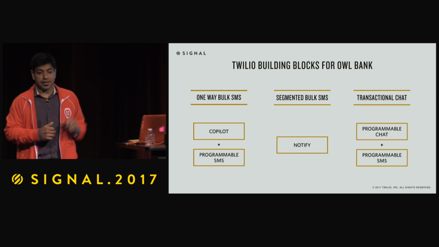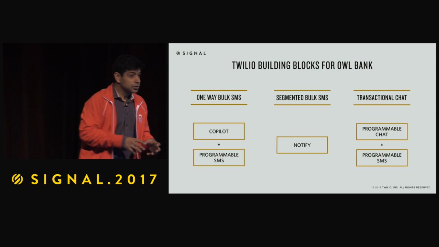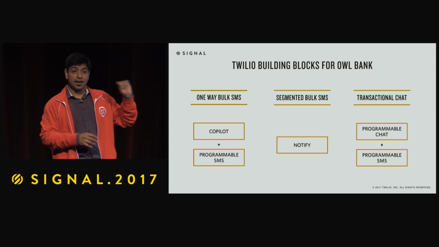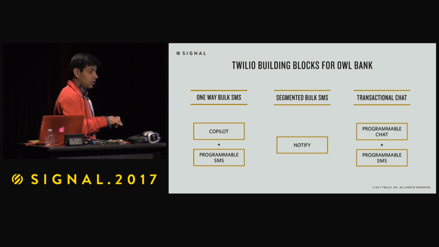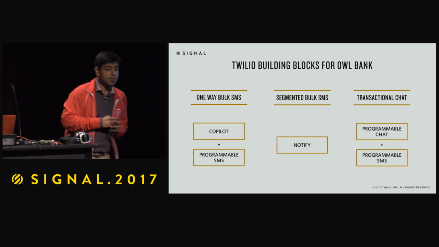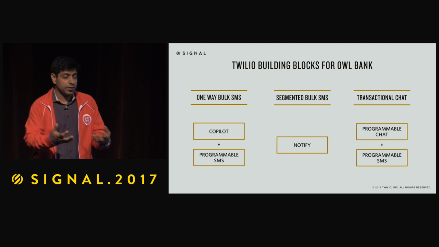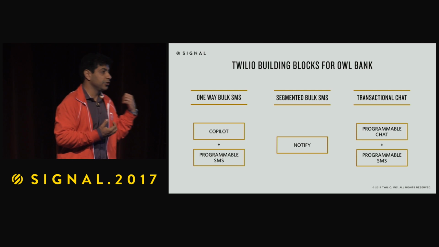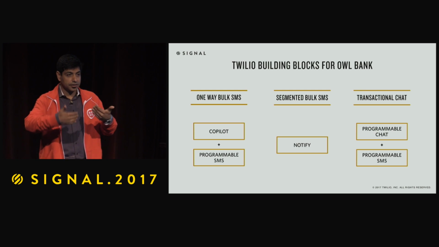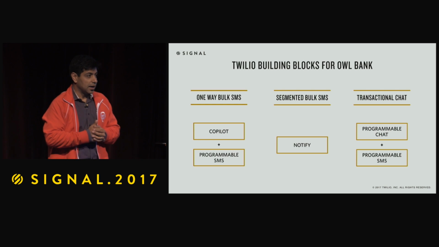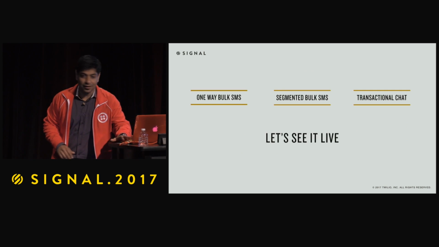Then to segment those messages and send them to 2 different audiences, we're going to use Twilio Notify, which, if you were in the keynote this morning, is an example of a declarative API that is user-centric, and where you can segment audience 1 and audience 2 and send messages to them separately. And then when the group of people that get the option to reply, when they do actually reply, we're going to show you how to use programmable chat and SMS to create an agent chat experience to a customer SMS experience combination. So enough of me yapping on what we are going to do and how we're going to do it. Let's actually see it live.